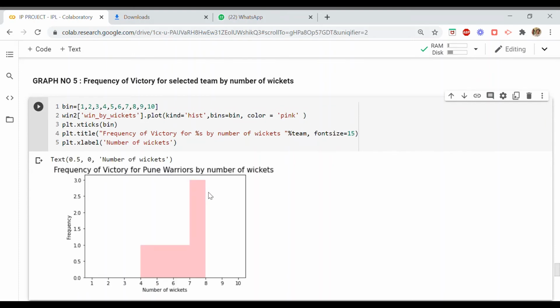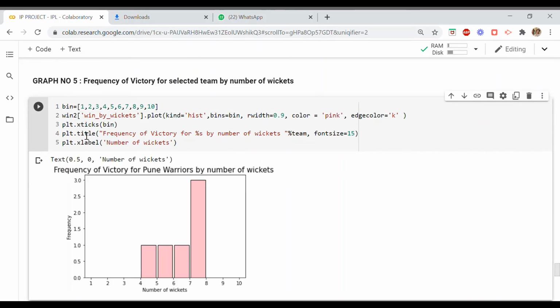So just to make my presentation of my graph more visible and more appealing, I have made these changes to my graph. I have given the edge color as black, and I have also reduced the width of each bar by 90%. If you increase it more than 1.1, the bars will be overlapping. If we reduce it, let us suppose I say 0.7, my bars will become comparatively narrow in width. Accordingly, you can make changes, but I don't want to make much change, so I just kept it at 0.9.